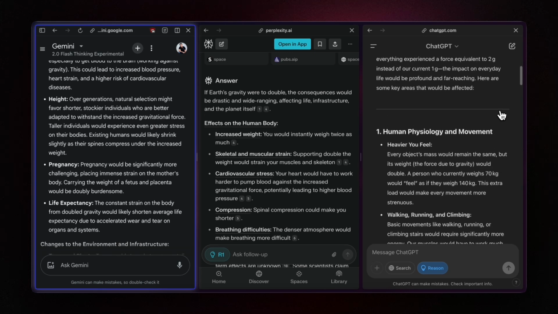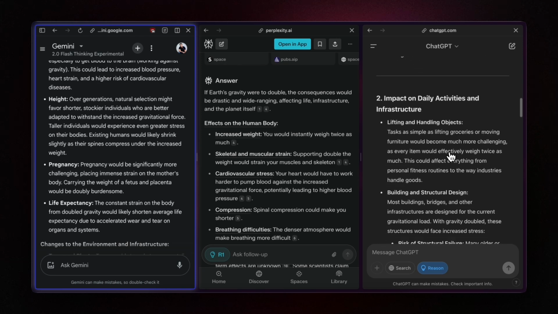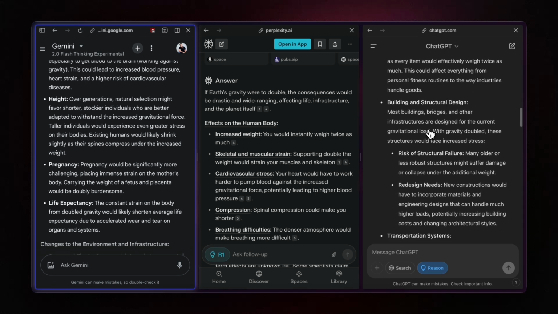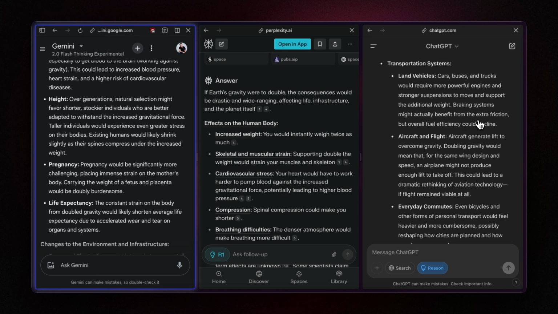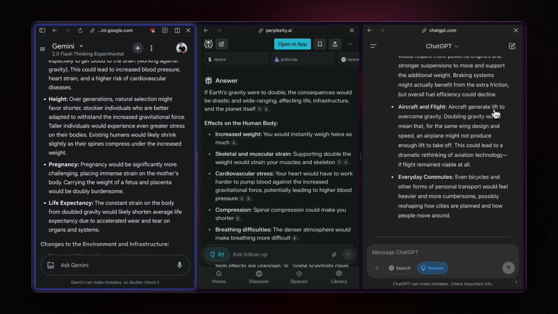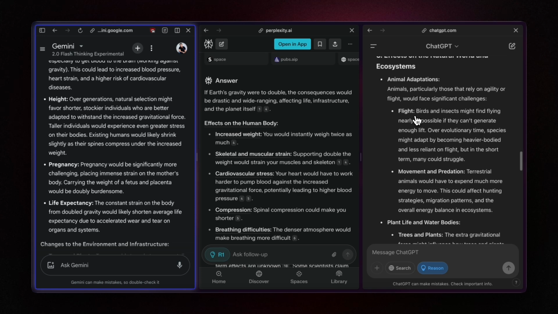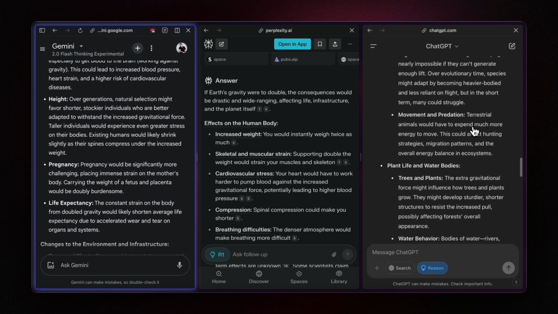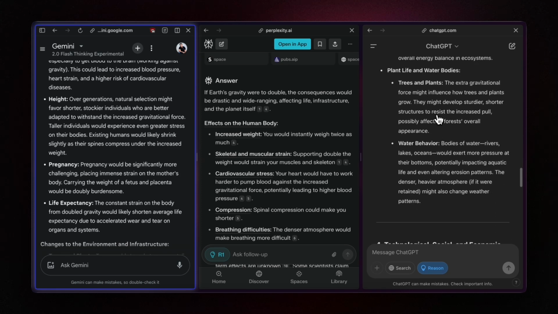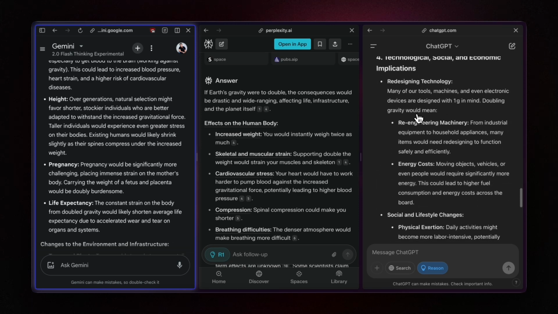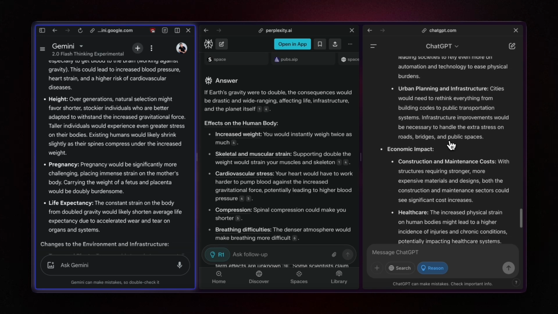Let's see what ChatGPT has come up with. Heavier you feel walking, running, climbing, cardiovascular, muscular stress, daily activities, lifting, handling objects, building structural designs, transportational systems, land vehicles would require more powerful engines. Okay, interesting. Aircraft in flight will generate lift to overcome gravity. Everyday commute would become difficult. Natural world animal adaptations, birds and insects, movement and predation, plant life, trees and plants, water behavior, technological redesigning technology, okay, social and lifestyle changes, economical impact,